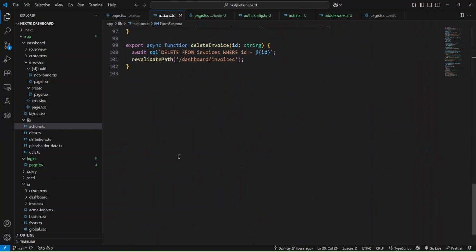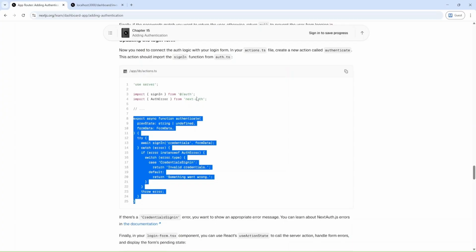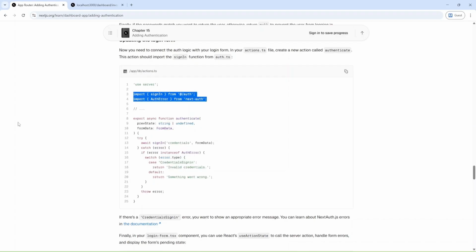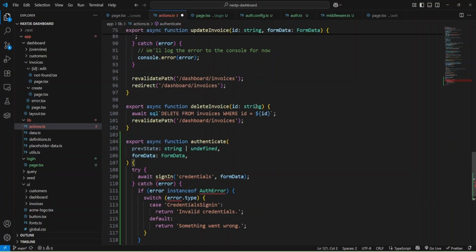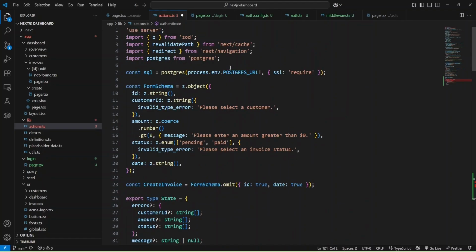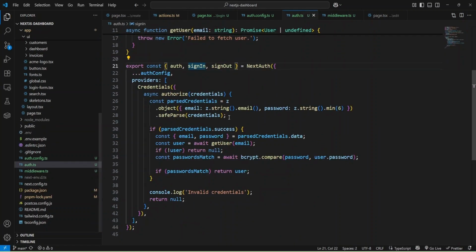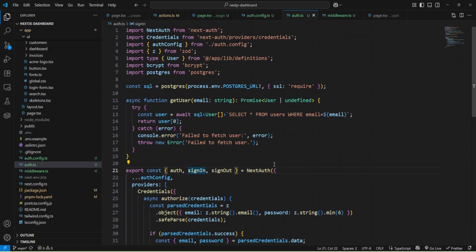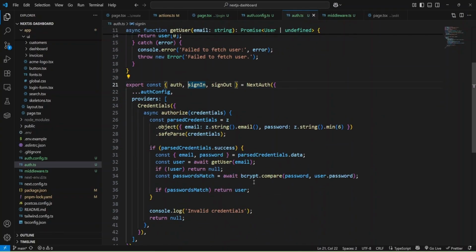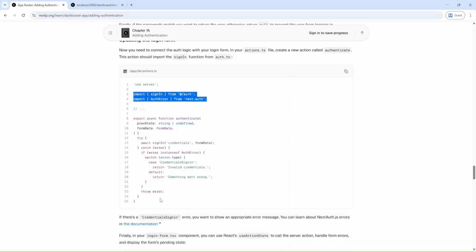Okay, and I'll add it to the end. Also, we would need some imports about sign in and errors. I'm going to add it here, and as you can see, we're using our sign in from our recently created auth file.